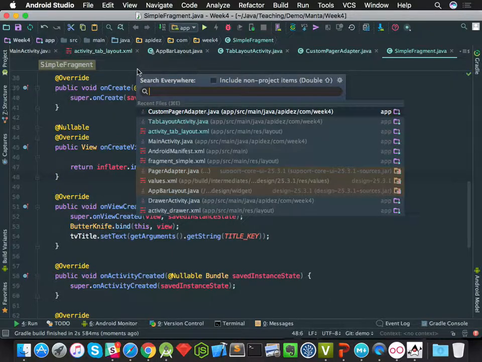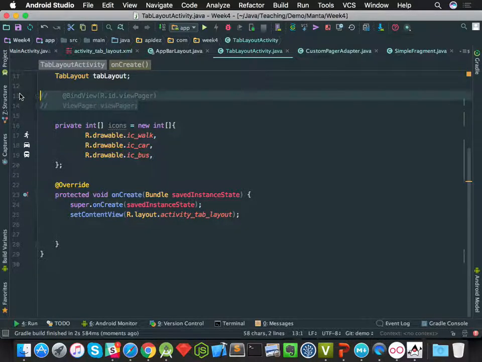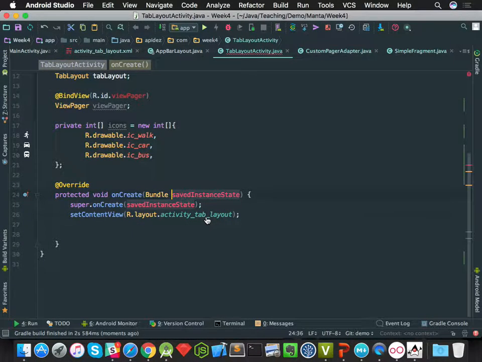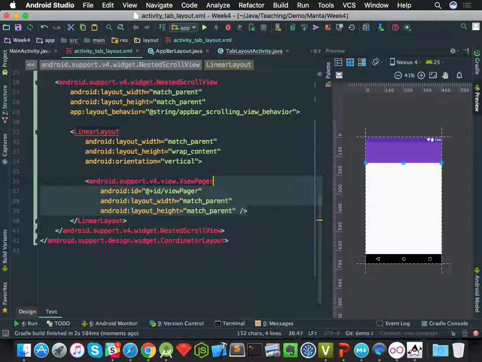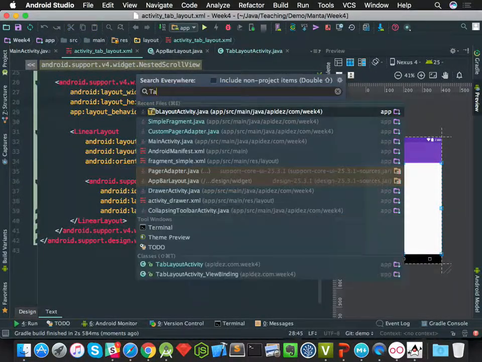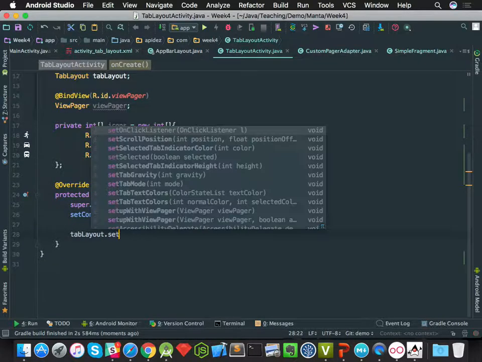Okay, I gotta go back into tab layout activity. I'll remove this code, and then I gotta put back the view pager. I go into activity tab layout, I'm gonna remove this guy, I'm gonna put this guy back, and I go back into tab layout activity and do some setup. So view pager here, the tab layout, setup